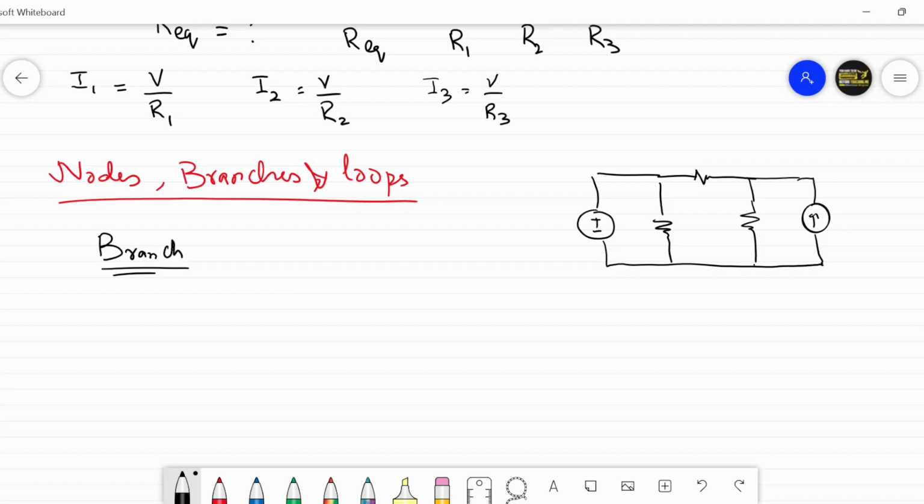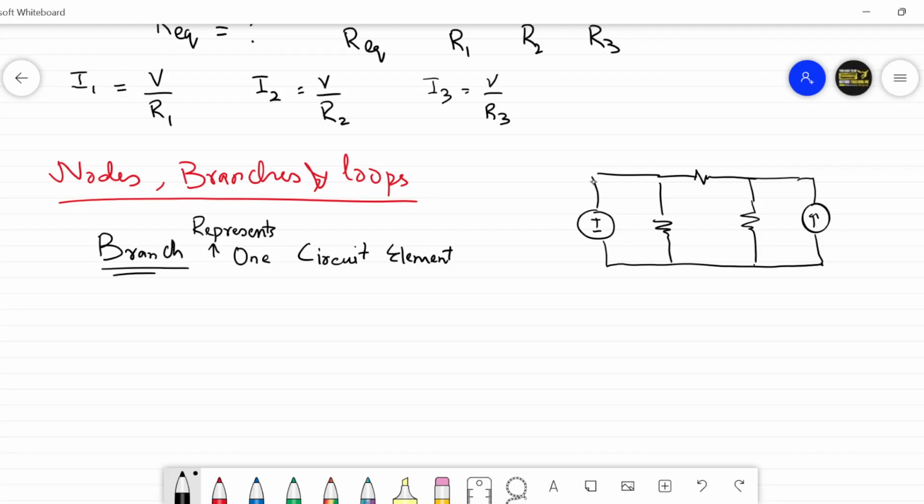So branch. So first of all, branch simply represents one element, one circuit element. So you can see now that circuit element can be a voltage source, a current source, a resistance, inductance, capacitance. For us right now, these are the five important circuit elements. It can be a diode, switch, also those things, but we are dealing with only these five circuit elements for this particular course. So a branch represents only one circuit element.